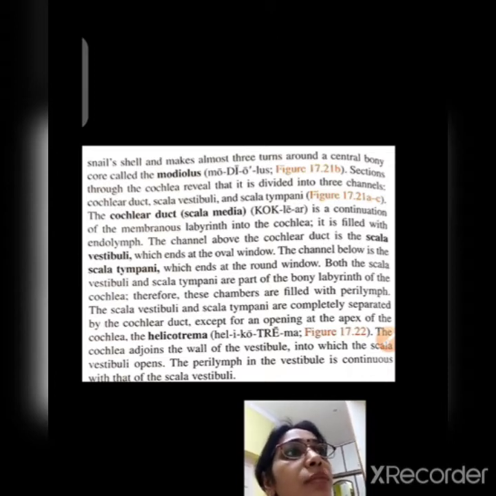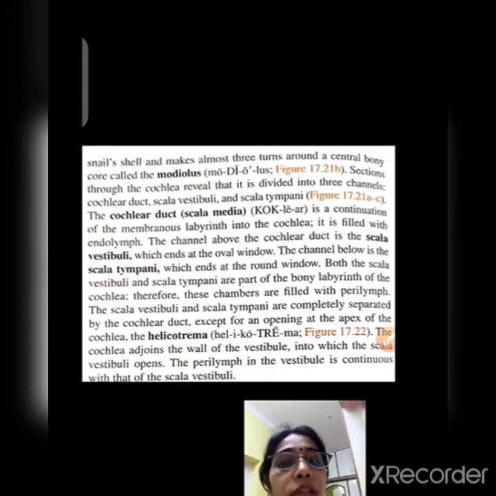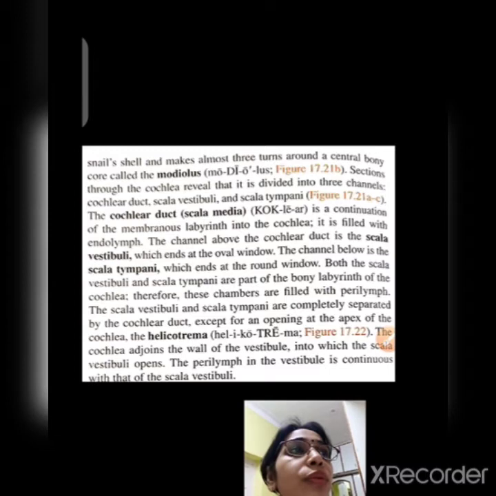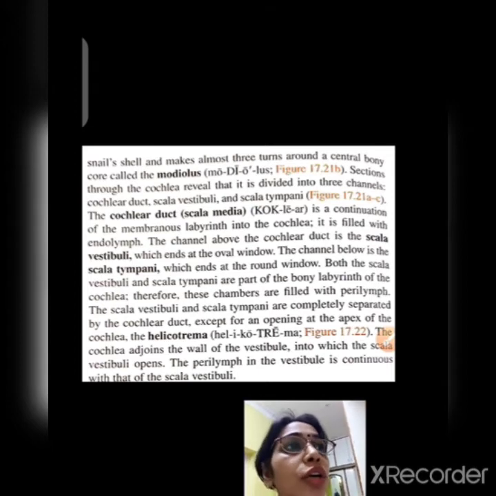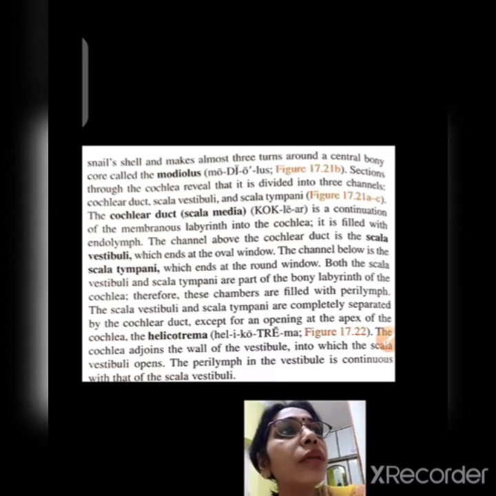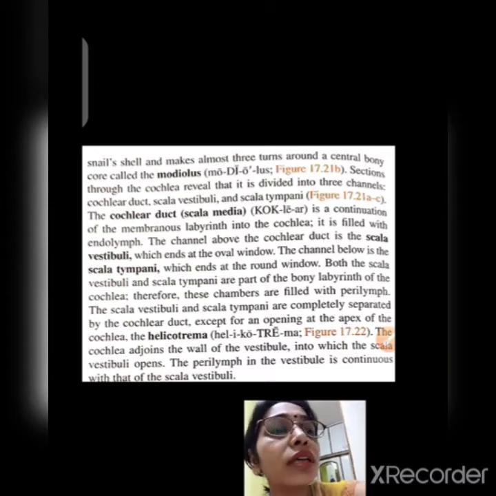Therefore, these chambers are filled with perilymph. Okay, you will understand all this better in the pictures. Just listen to it once, to know what the terms are called and what the various structures present in the inner ear, the internal ear, the innermost ear, are. You need to understand that. You need not remember everything, but you should know the various terms present